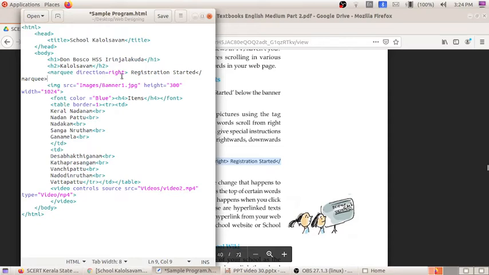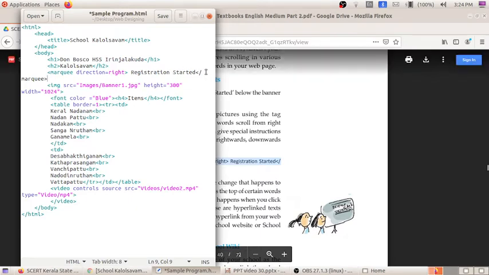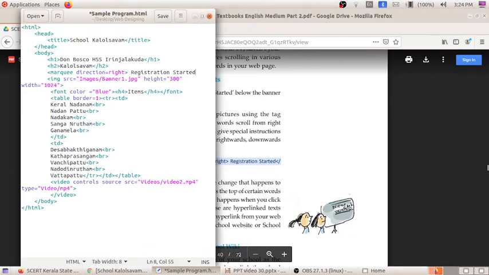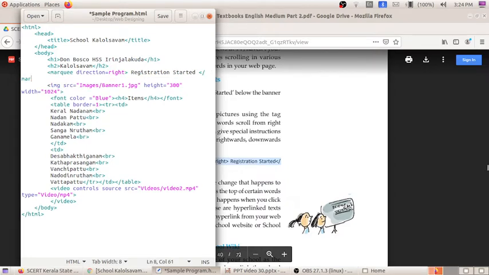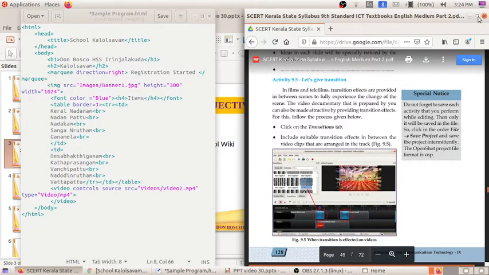Here we have opened that. I am going to type here /marquee. Okay, I'm closing this tag. After that, let's see what is happening.